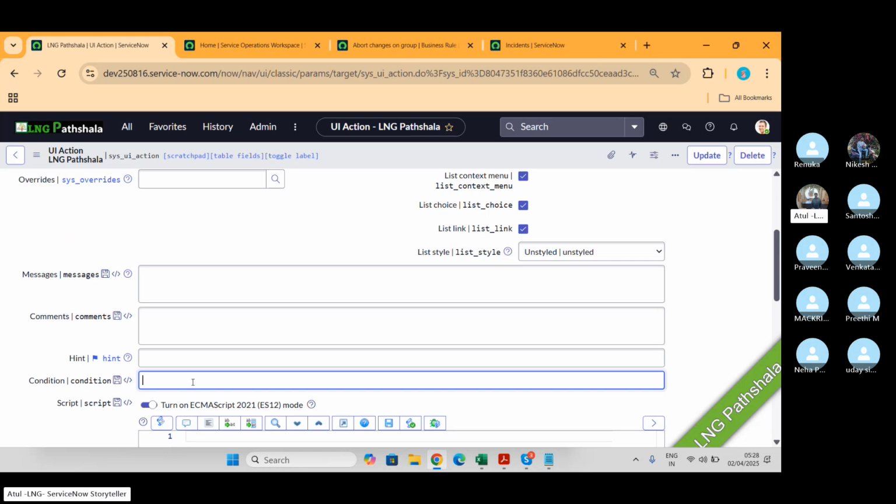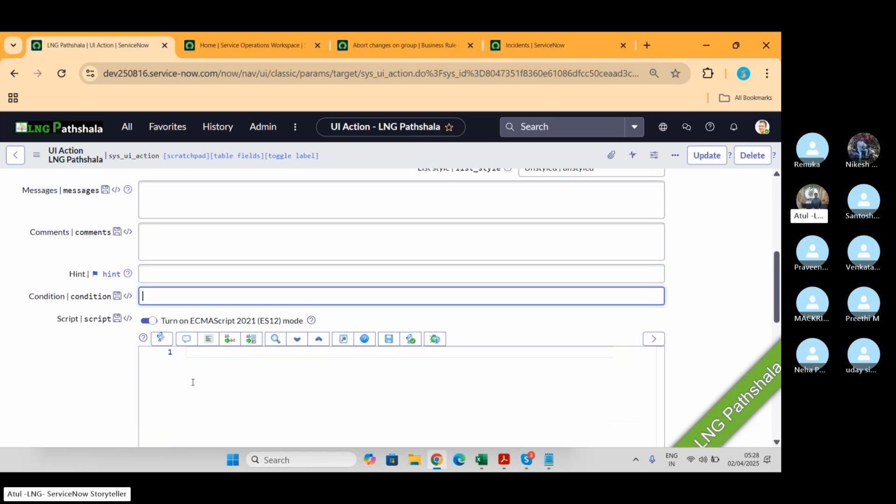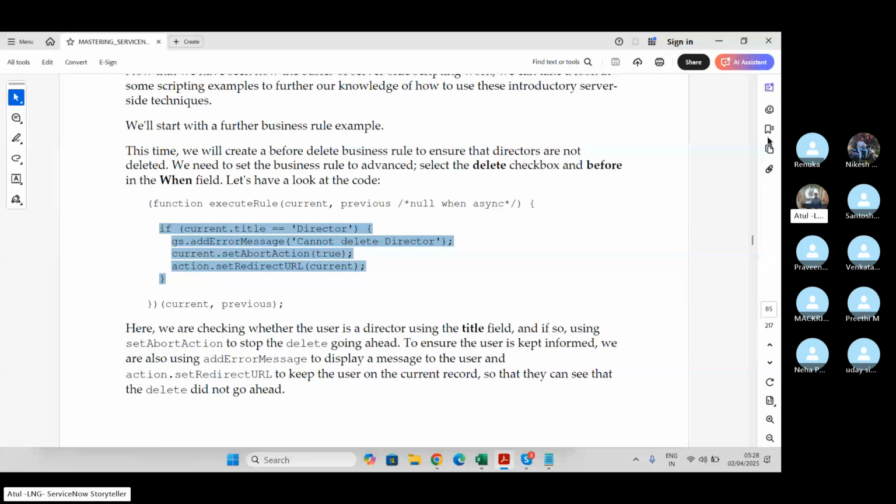Again, it is pure coding, but it will use server-side scripting. So again, if I take one example of a UI action here, if I have